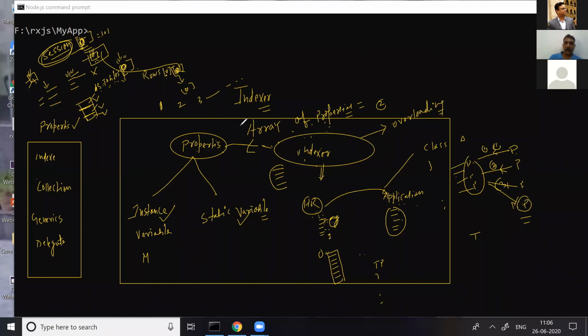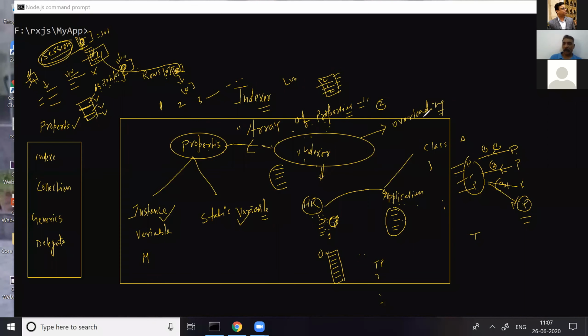And the best example is the lunch box, the tiffin box. You give me one big container along with the indexer. I can go for 0, I can go for 2, and I can mention the items. Now a live example: session square bracket, or session in double quotes with the variable name.